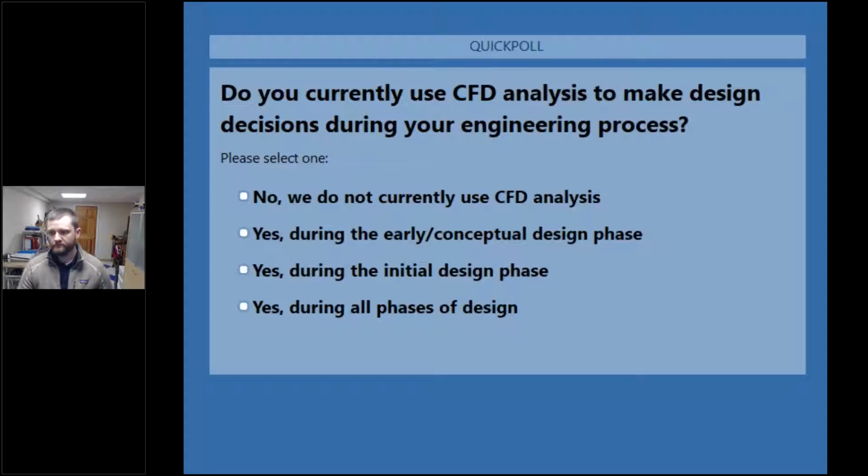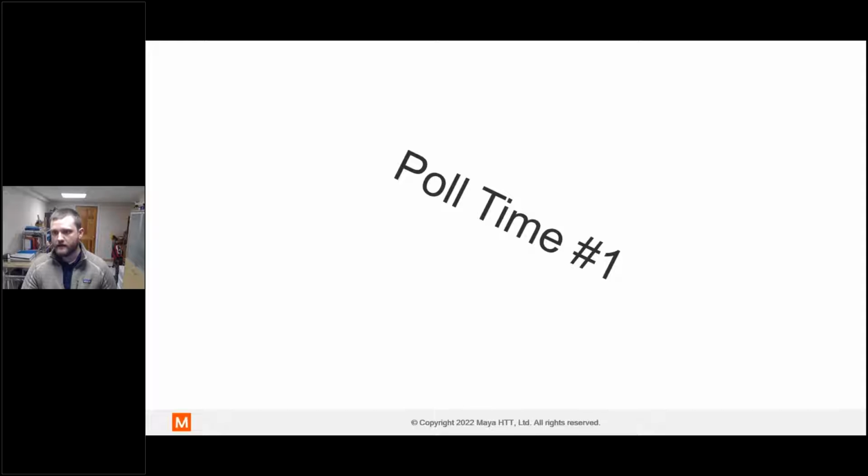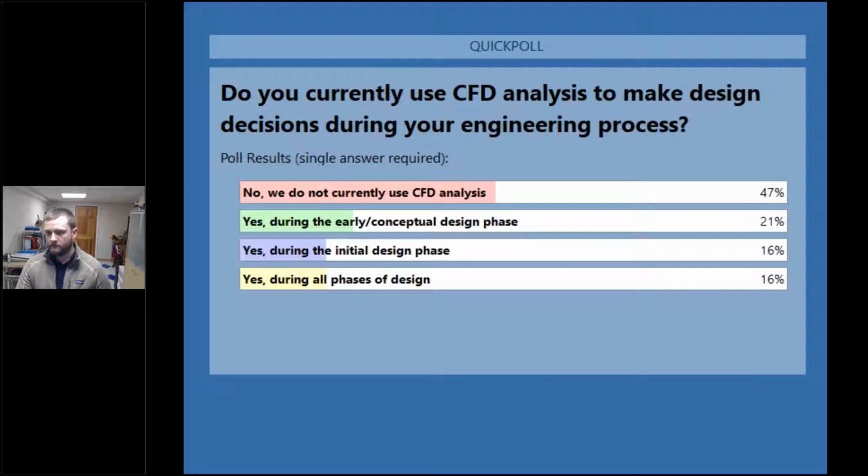Most people here are saying they don't seem to have done much with CFD, and FlowEFD is a fantastic introduction for anyone who has not done CFD analysis before or is just looking to implement it in their work.